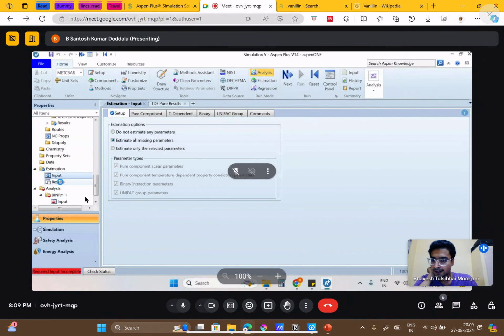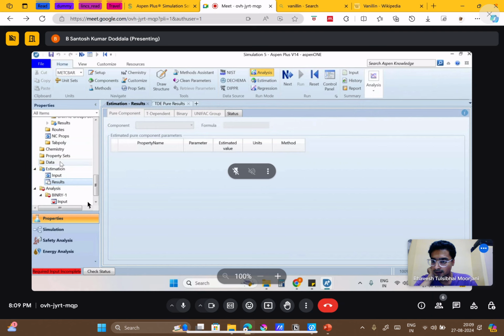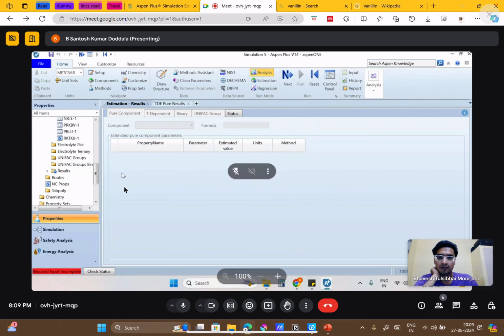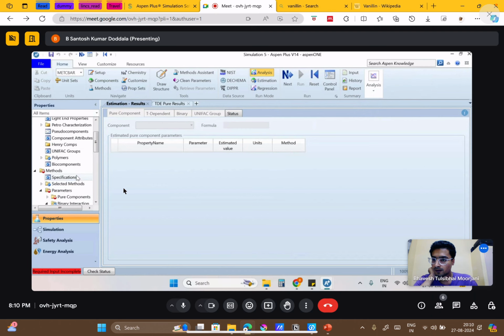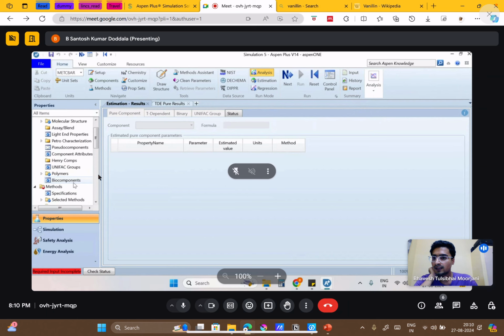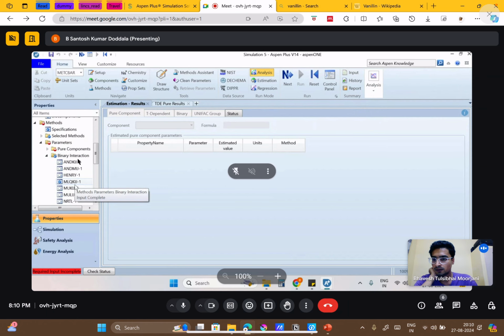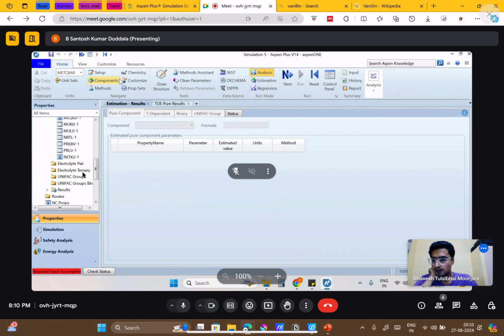I want to delete that so that we can do the other analysis. TDE result. Go. If it's not there, then go again to the component. Okay, I will show you how to. Go to the component, sorry.